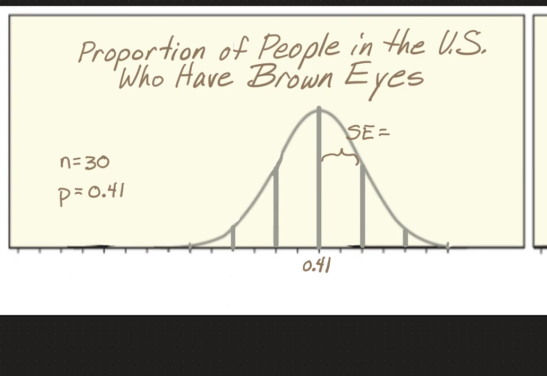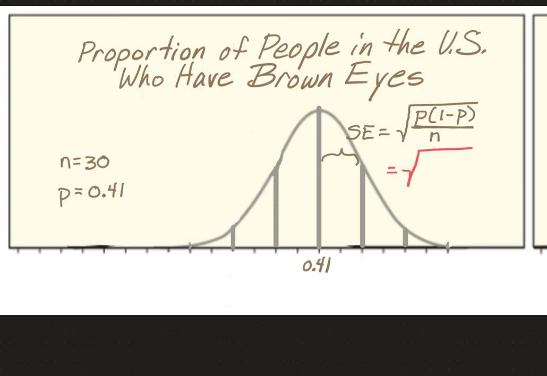Okay, nothing different than anything we've done before, except that now I'm going to tell you how to calculate that by hand and not rely on StatKey. The standard error of a sampling distribution for a population proportion will be the square root of p times 1 minus p over n. So in this case, for our samples of size n equals 30, this would be